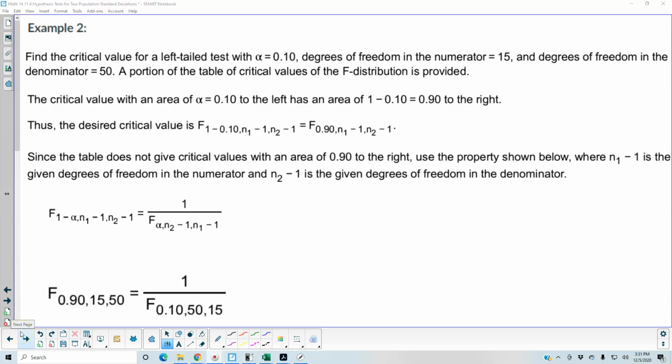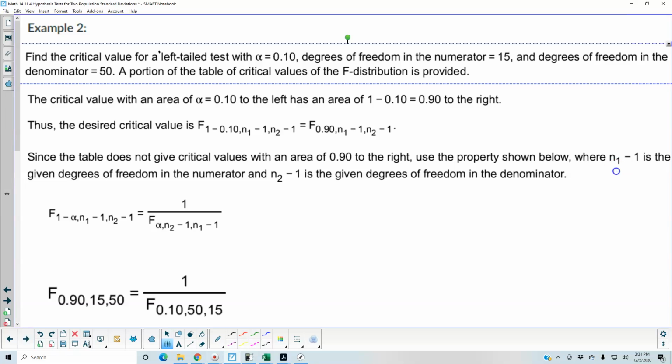Example 2: we want to find the critical value for a left-tailed test with alpha equal to 0.10. The degrees of freedom in the numerator is 15 and the degrees of freedom in the denominator is 50. A portion of the table of critical values of the F distribution is provided. One of the key words we need to look at is the fact that this is a left-tailed